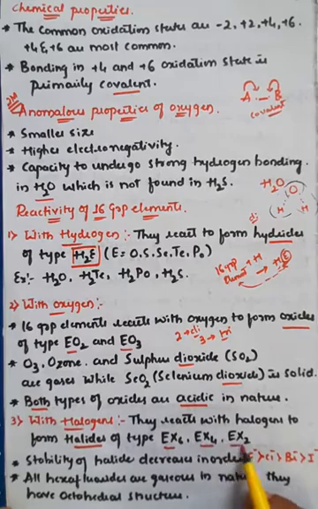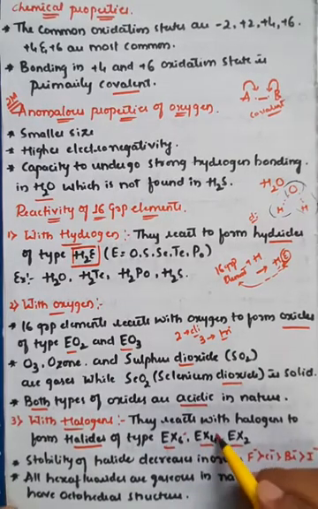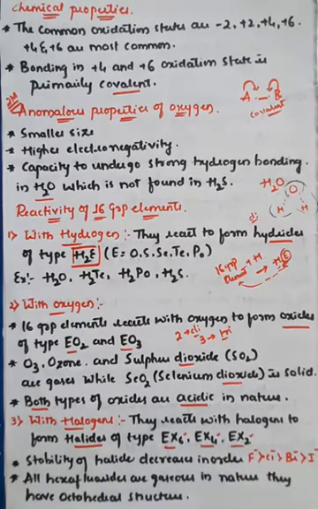One is EX6 of the pattern, or it may be present in the form of EX4, and it is present in the form of EX2. Observe here, it is EX6, EX4, EX2, which means it can be present in the form of hexahalides. If there are 6 halides, we can call it hexahalides. If there are 4 halides, we can call it tetrahalides. If it is bonded with 2 halogens, generally we call it dihalides, right?